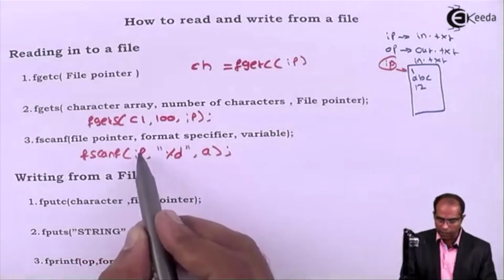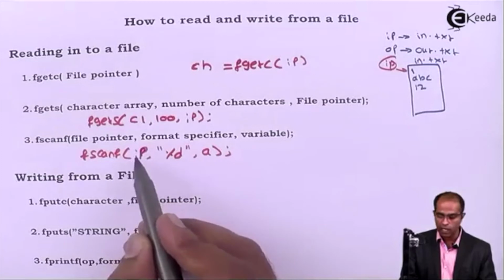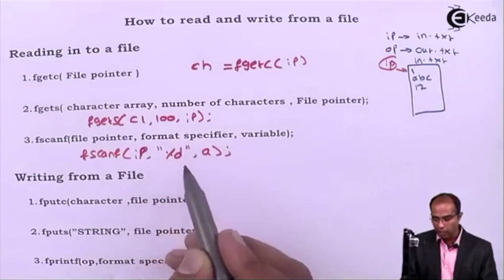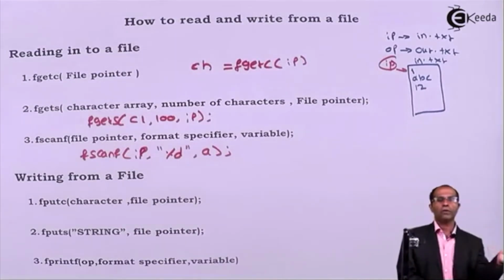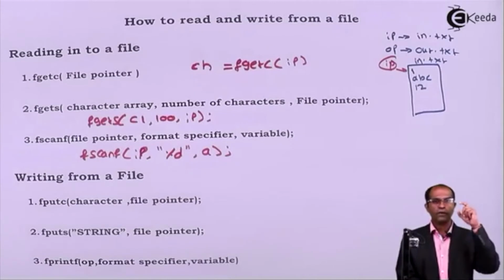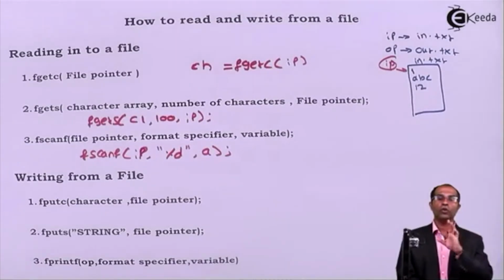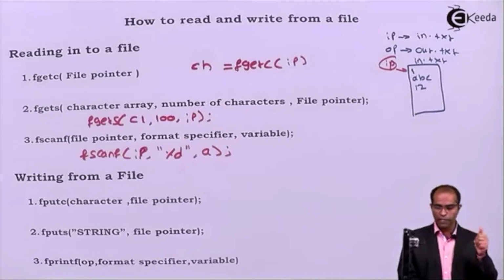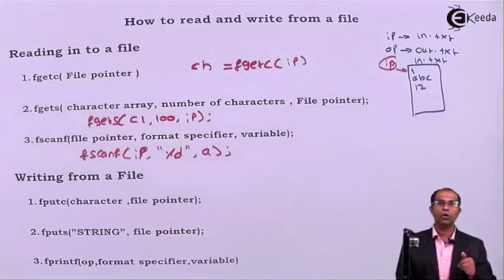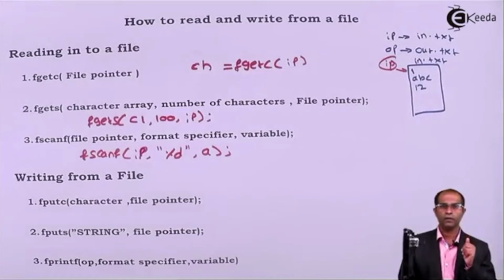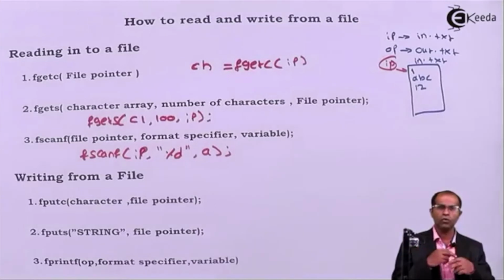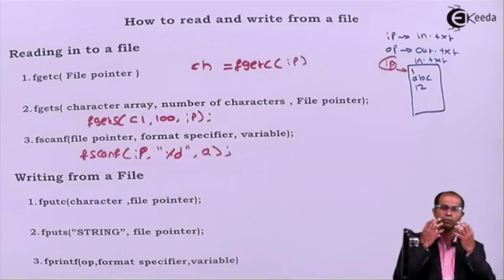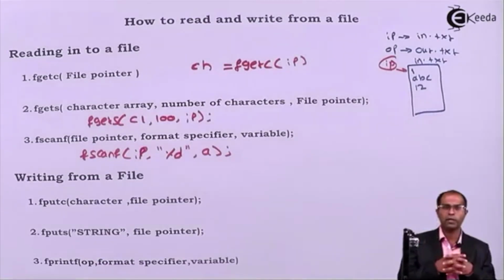So what does this fscanf do? fscanf says read a file which is held by a pointer called ip, which is of type integer, and store into a local variable called a. fscanf will read values from a file which is held by a pointer of a specific type and store that onto a local variable. Clear? So fgetc, fgets, fscanf, they all do read operations on a file. Now, once the contents have been read from a file, you can do any processing: any local values, any arithmetic operation, any manipulation, any comparison.